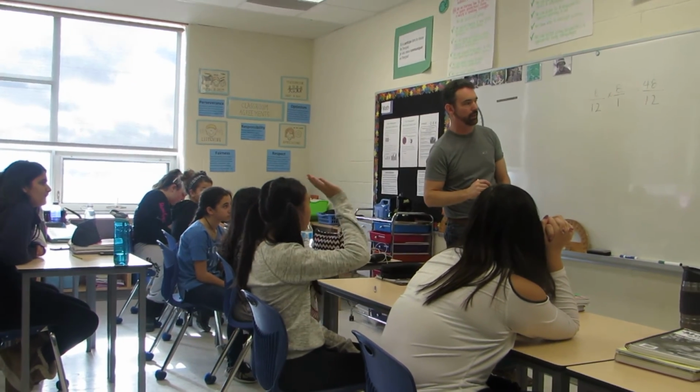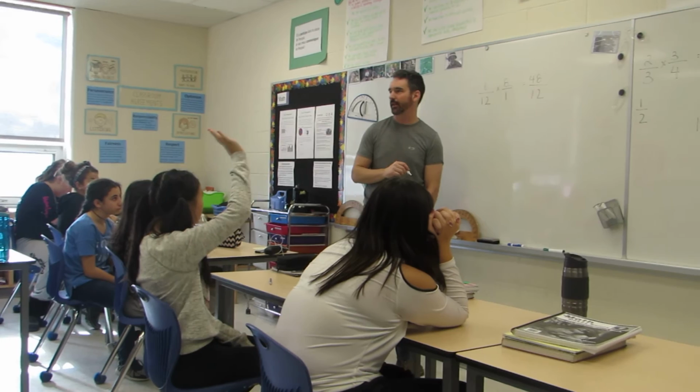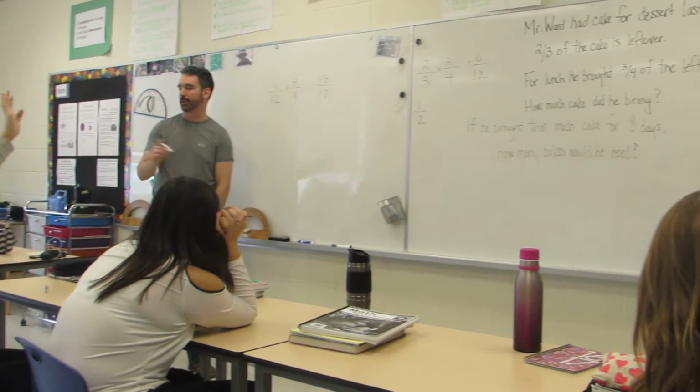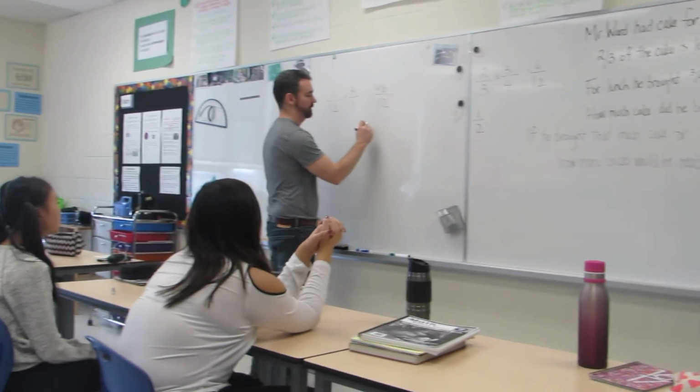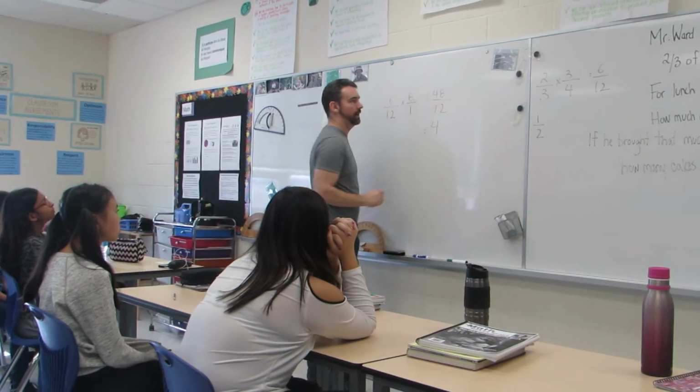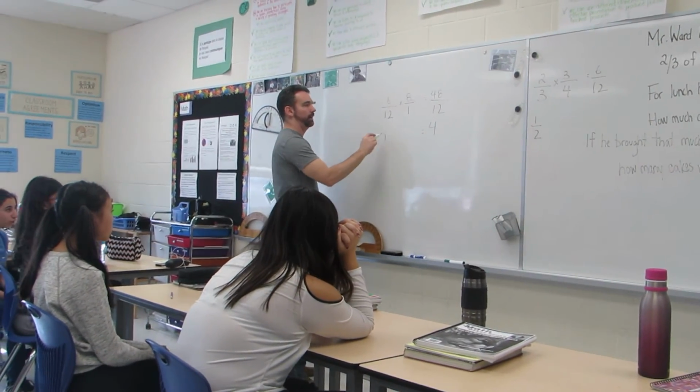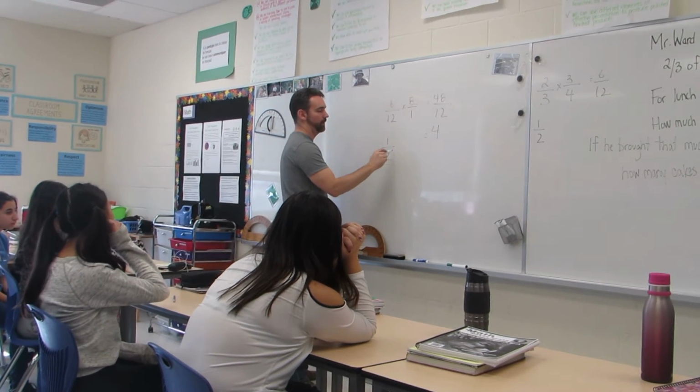Well, 48 twelfths is not really the number of cakes. What am I going to do with this number? Yep. Divide 48 by 12, and your answer is? 4. Okay, and if we did it the other way around, if we recognized that 6/12 was equivalent to 1/2,